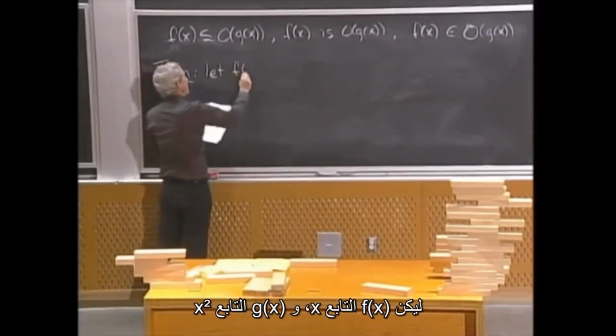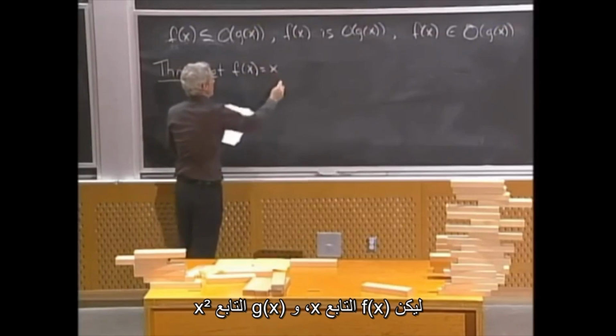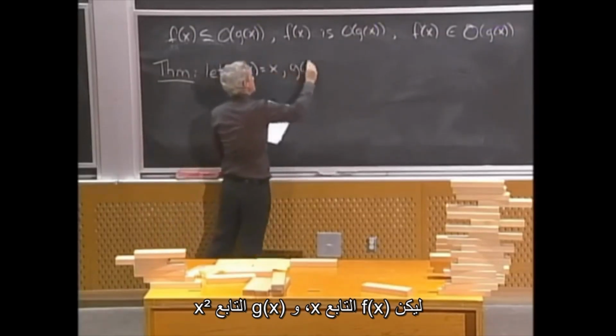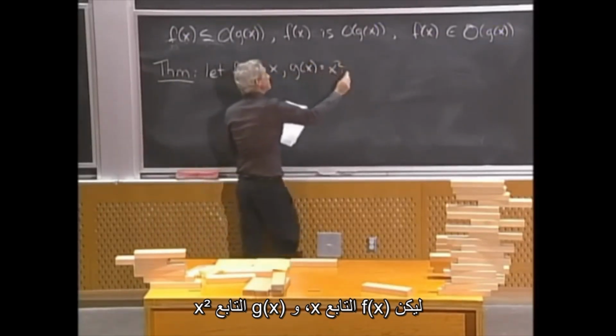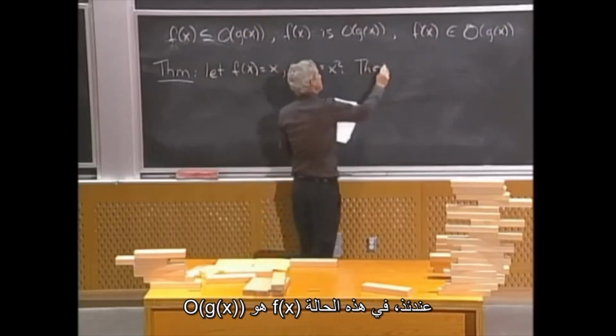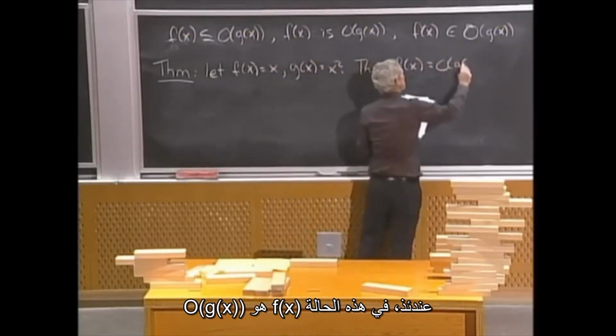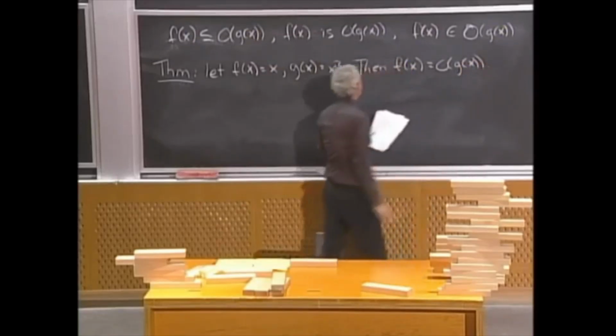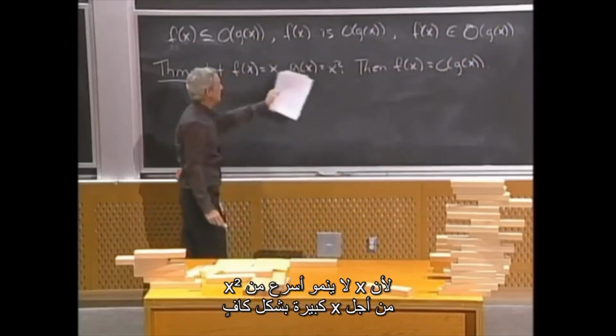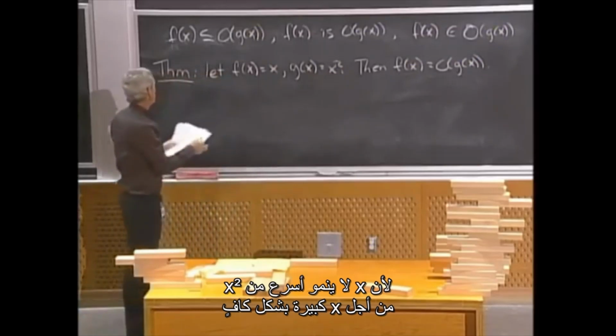Let f of x be the function x and g of x be the function x squared. Then, in this case, f of x is O of g of x, because x doesn't grow any faster than x squared as x gets large. To prove it,